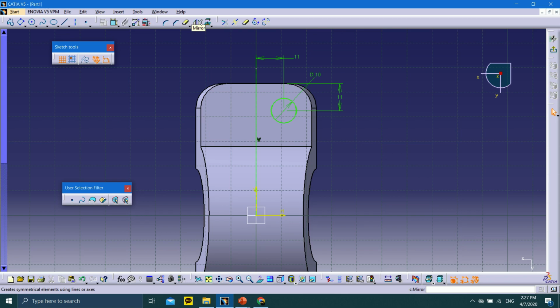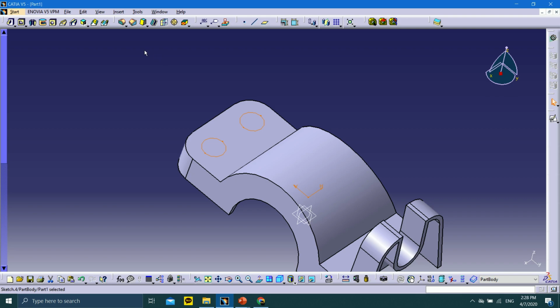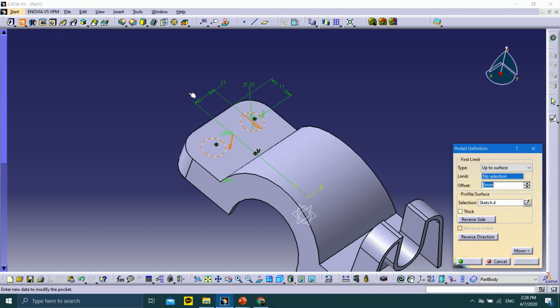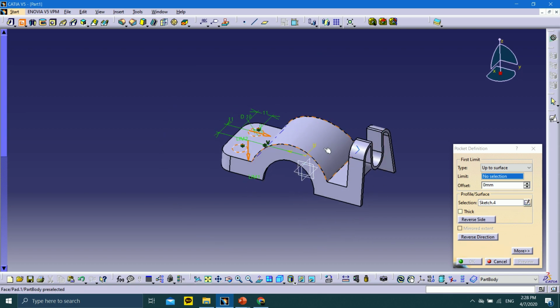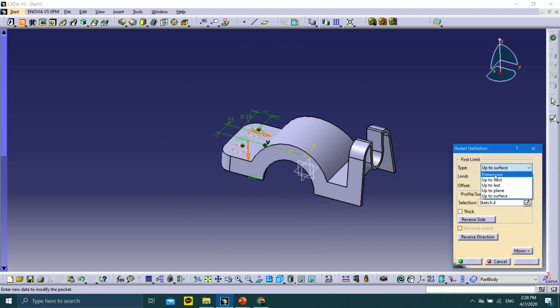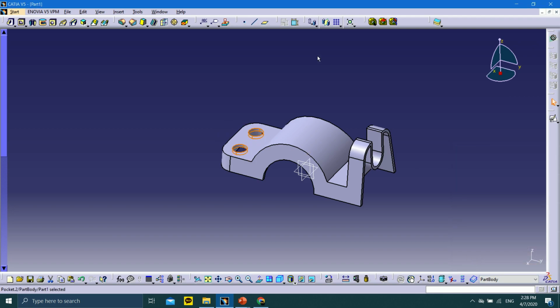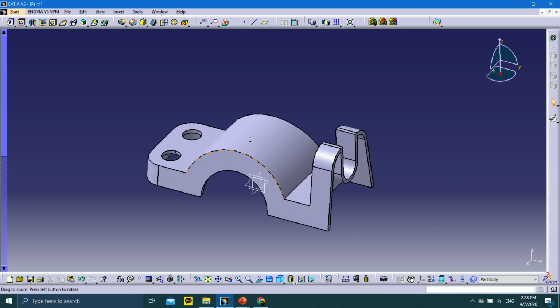You just simply mirror this, and then exit, and then up to next. Okay,